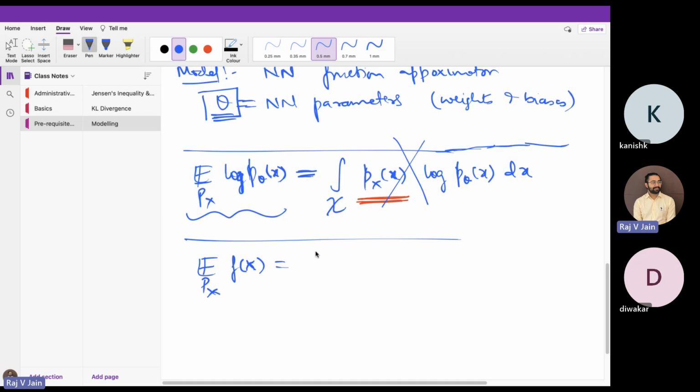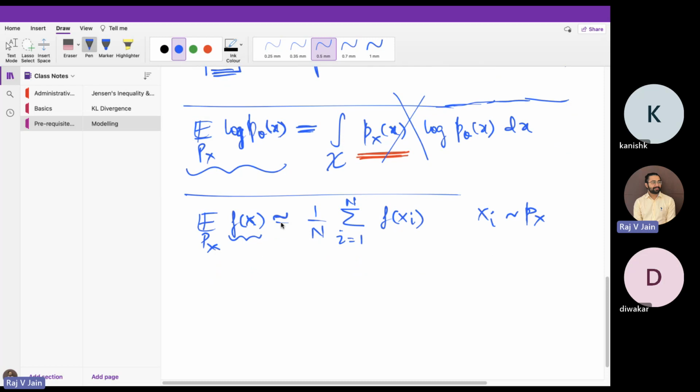So what I will do is I'll take samples from this particular px. Let's say I'll take n samples from this px, and I will calculate the sample average. So f of xi, i going from 1 to n. So if I can evaluate the function f at multiple points, where these points xi are sampled from this px distribution, this is again an approximation, and there is a theorem which tells you that this is okay to